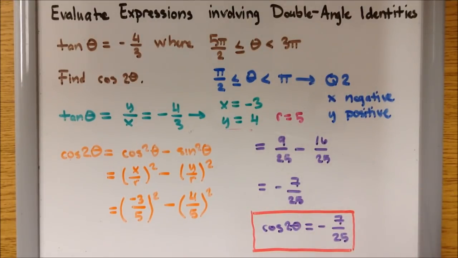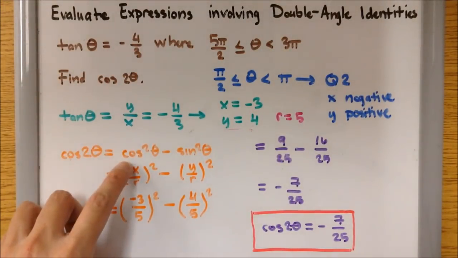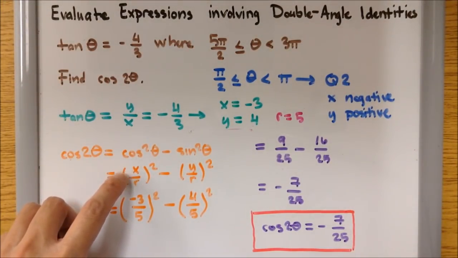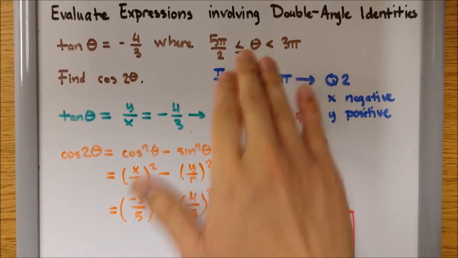So in review, we start using the definition from 4.1, using the tangent definition, y over x, and then the definition of cosine was x over r, the definition for sine was y over r. So that means we are not done from chapter 4. And bear in mind, this information that's given